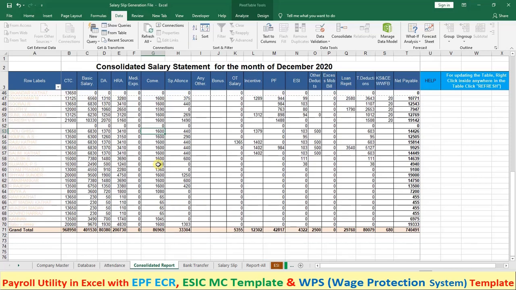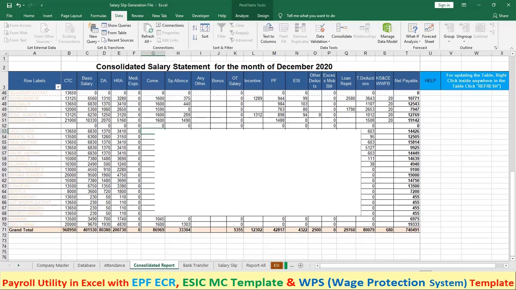So many utilities I have. All these utilities are developed for my own purpose. I am saving a lot of working hours by using these types of utilities, forms and everything. So you can also save your own valuable hours and you can work tension free because there is no chance for errors to happen.